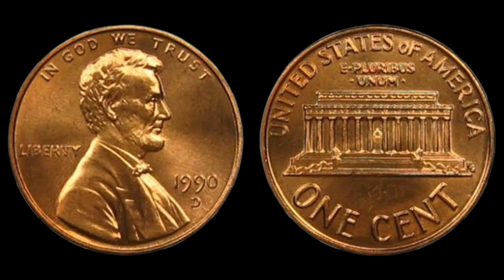And some 1990 pennies exhibit this doubling most prominently in the words "Liberty" or "In God We Trust," and to an untrained eye, it might look like a shadow or blurring, but to a seasoned collector, this is a beacon of immense value, as even minor doubling can increase a coin's price exponentially depending on visibility and extent, and when combined with other errors, such as off-center strikes or clipped planchets, where a portion of the coin's edge is missing